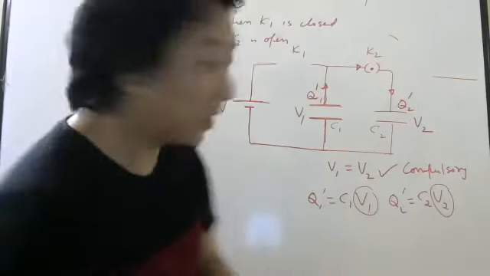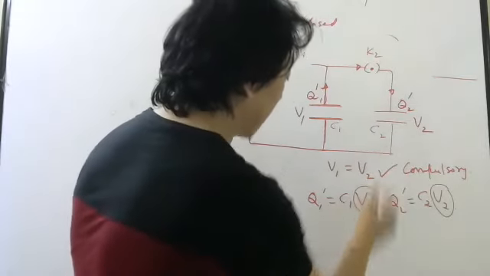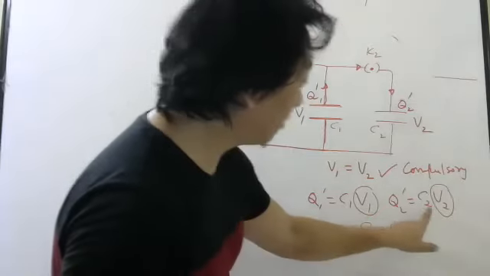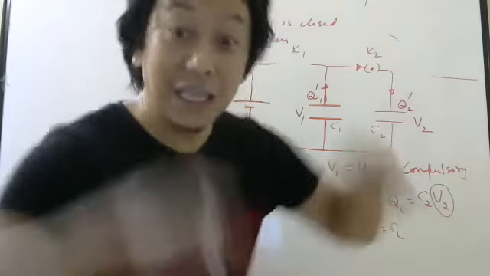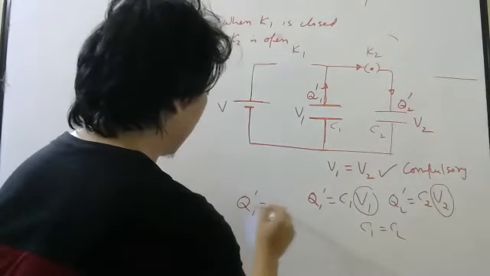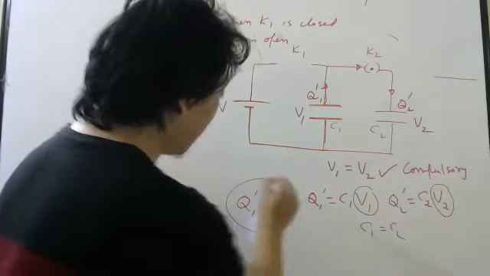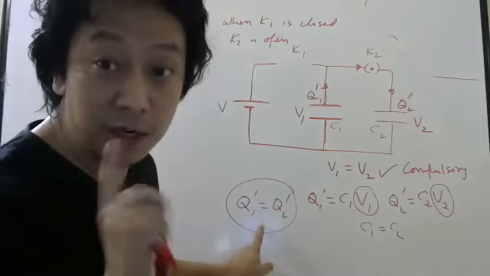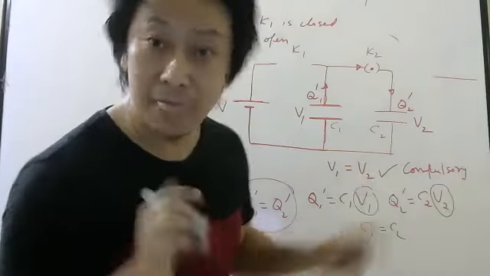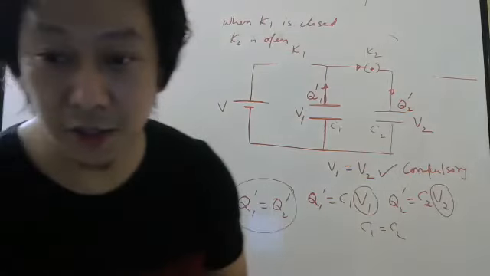So if somebody says this capacitance and this capacitance are equal, this is 2, this is 5, this is also 2, this is also 5, in that case only, I can say charges also will be equal. But this is compulsory? No. This is only true when capacitances are equal. Okay? Sanjay, understood?